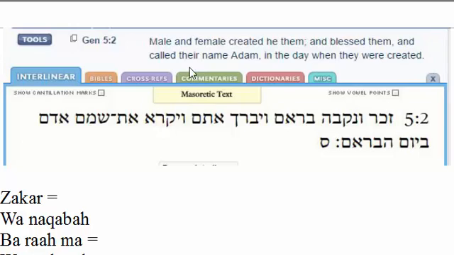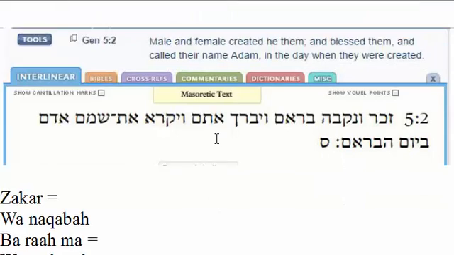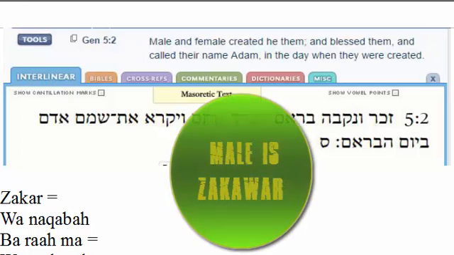All right, so this Genesis 5:2 in the Hebrew is Zakar, Wanakwaba, Bara'am, Wayabarak, Atham, Wayakora'a, Ath, Shamma, Adam. This is Bara'ama. Adam, Bayawam, Ha Bara'ama. All right, and then when you go through here, it says, male and female created them and blessed them and called their name Adam. Now the word Zakar usually means to remember,